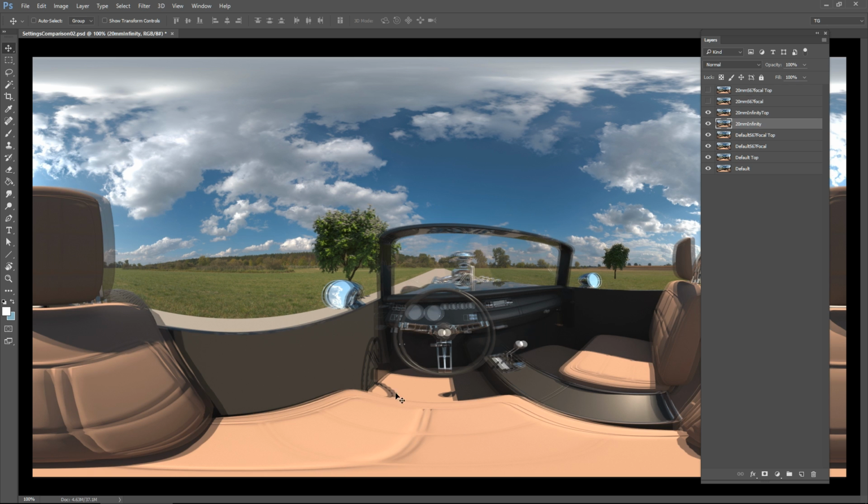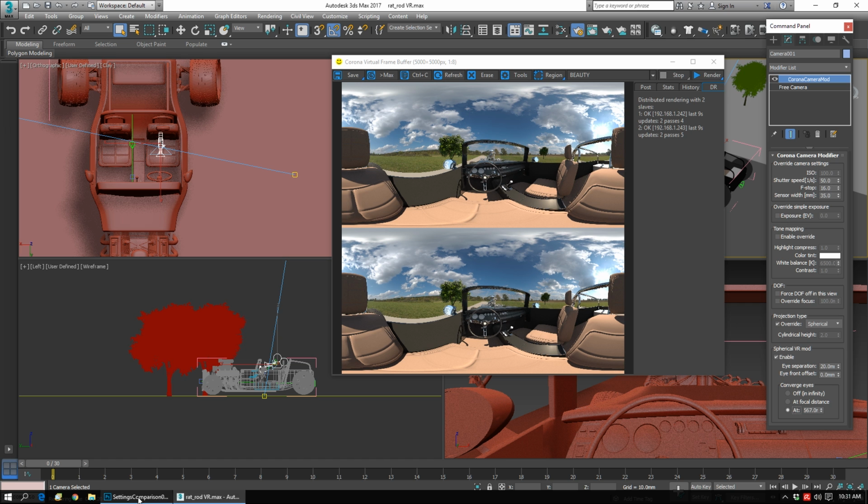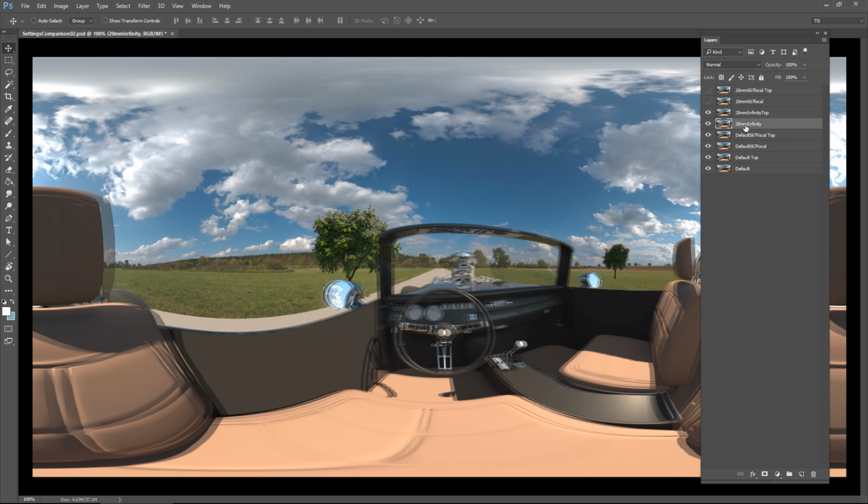The last step I did was to change my focal distance and change the eye separation. I flip back over to Photoshop and switch that on. And of course, you can see, as we might have expected, the steering wheel now doesn't really change in the images to the left and right eye, but our background does begin to have some separation again. And that may not be what we want. So I think this setting here, where we've reduced the eye distance to 20, but left convergence at infinity, is